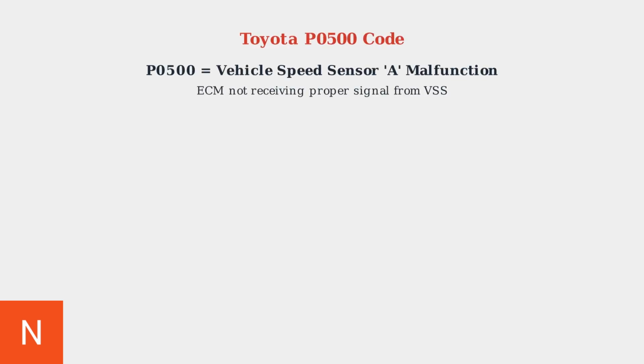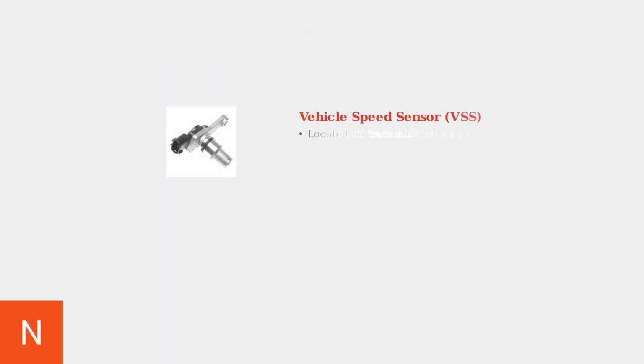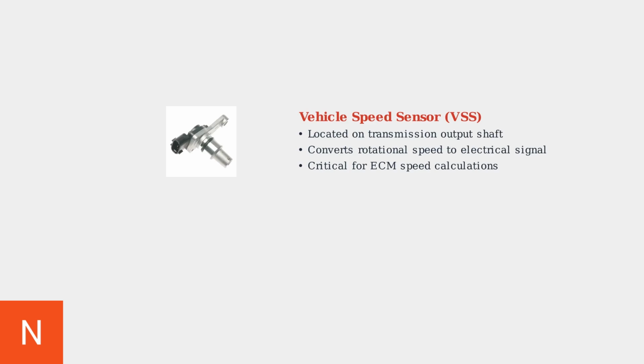The P0500 diagnostic trouble code indicates that your Toyota's engine control module is not receiving a proper signal from the vehicle speed sensor A, also known as the VSS. The vehicle speed sensor is typically located on the transmission output shaft or differential. This sensor converts the rotational speed of your vehicle into an electrical signal that the engine control module uses to